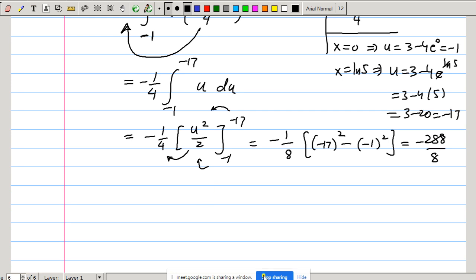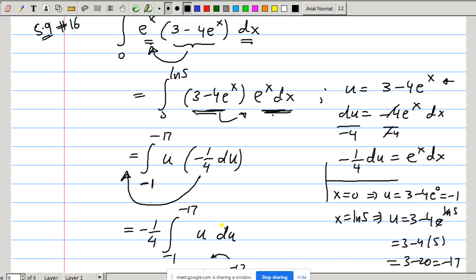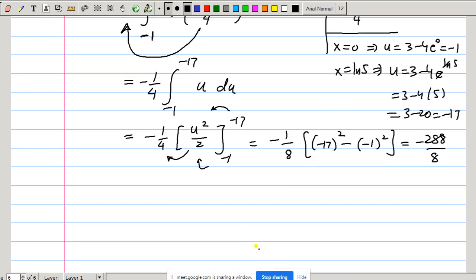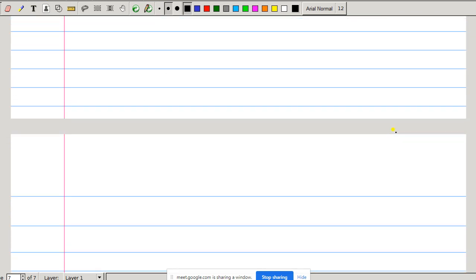All right, guys. So this is pretty much it in chapter 5. So you can expect 3 or 4 small parts from here. Okay. And the remaining is just applications of your integration. If you know the integrations, you can easily do